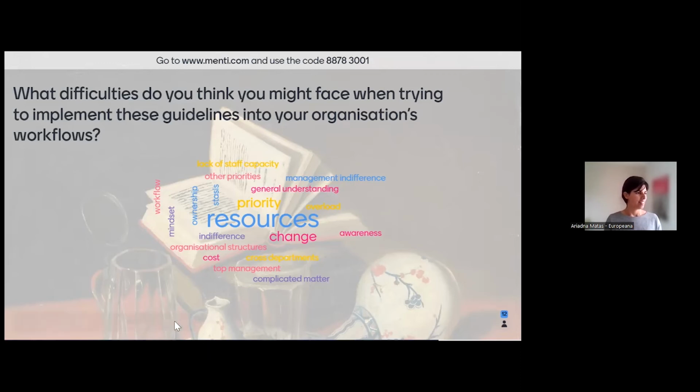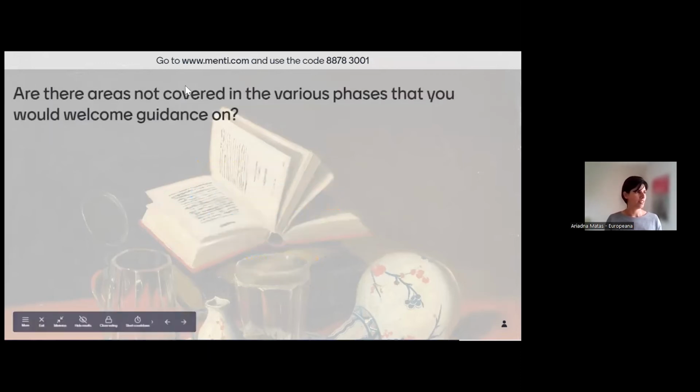Okay. So, last Mentimeter question. Are there areas that are not covered in the guidelines that you would welcome some guidance on in the area of copyright? And we are aware that we haven't given you a full overview of everything that's in the guidelines, so it might be difficult to tell, but if anything comes to mind already that you think it would be very useful for you to have guidance on, you can drop it on Menti. I'll take the no answers as everything is covered.